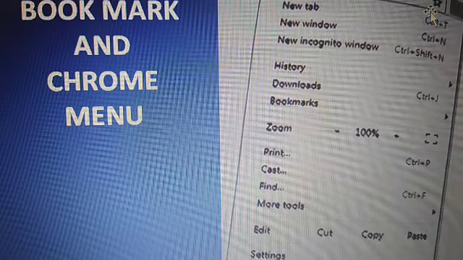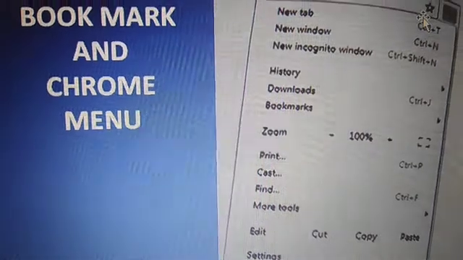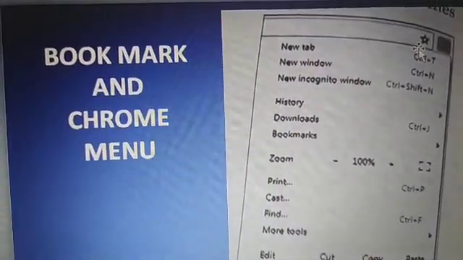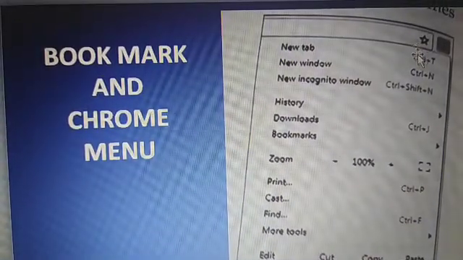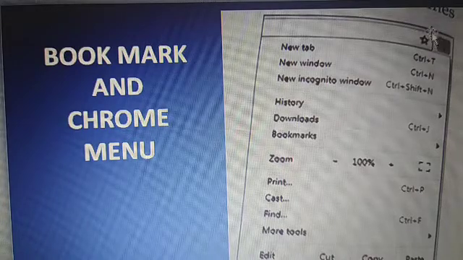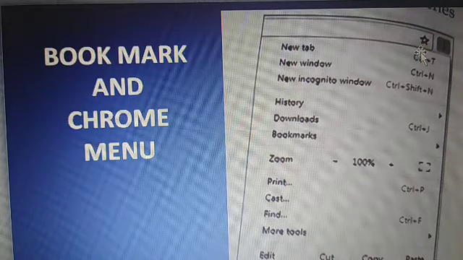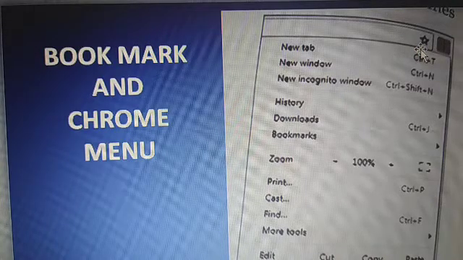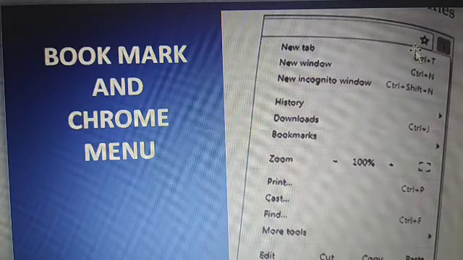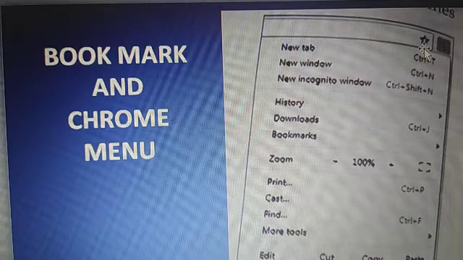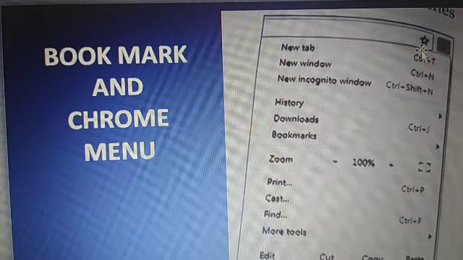Understood? Your favorite web page. This is bookmark button, star shape. Whichever web page you like, its address will be saved in the bookmark.